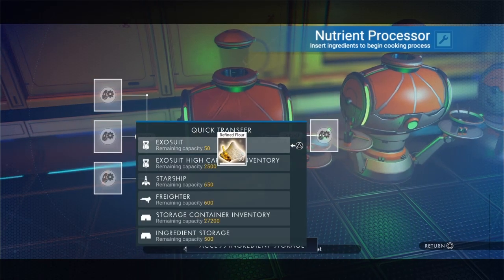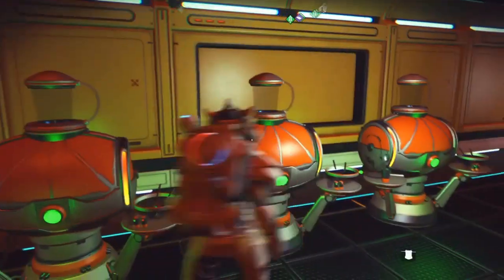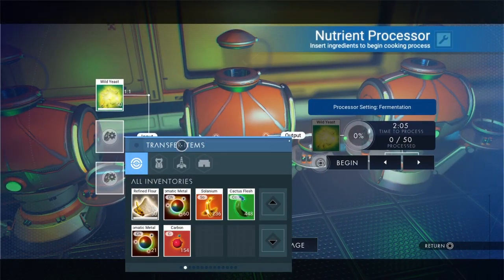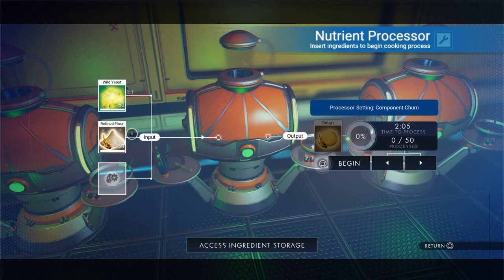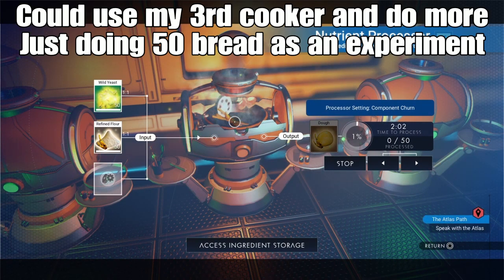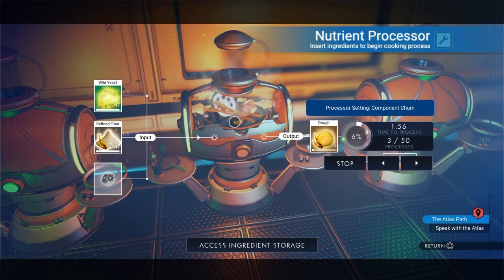Sweet. So now I need to take that out of there, go over to this one and plonk it in with my yeast. So here we are. Where are you? There you are, refined flour, and that turns into dough. Now that's going to take about 2 minutes roughly thereabouts, chums, so it doesn't take too long. Each of these steps is roughly about 2 minutes, and it's 3 steps, so it's less than 10 minutes to